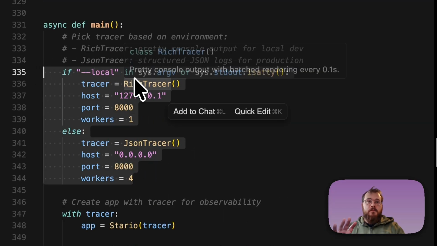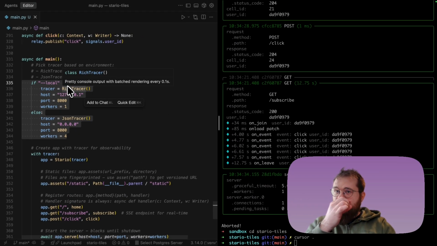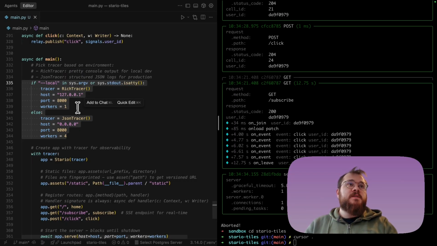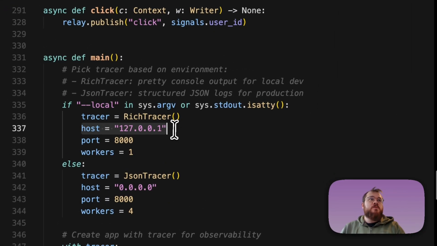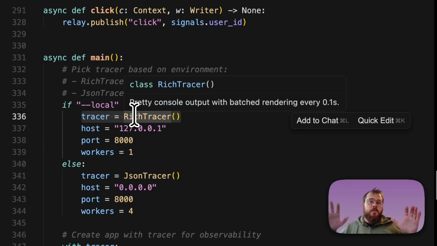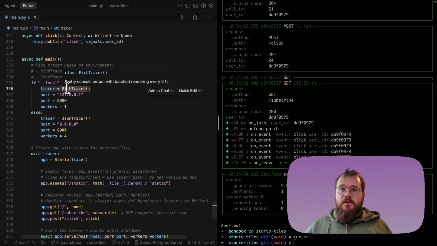So we have a really simple setup, just for showcase purposes, for our development setup and the production setup that we might want to use when we actually release the application somewhere else, not just locally. So the key difference here is not just in the host variable, but also in the tracer that we use. So this is maybe a good moment to highlight the general idea behind what a tracer is